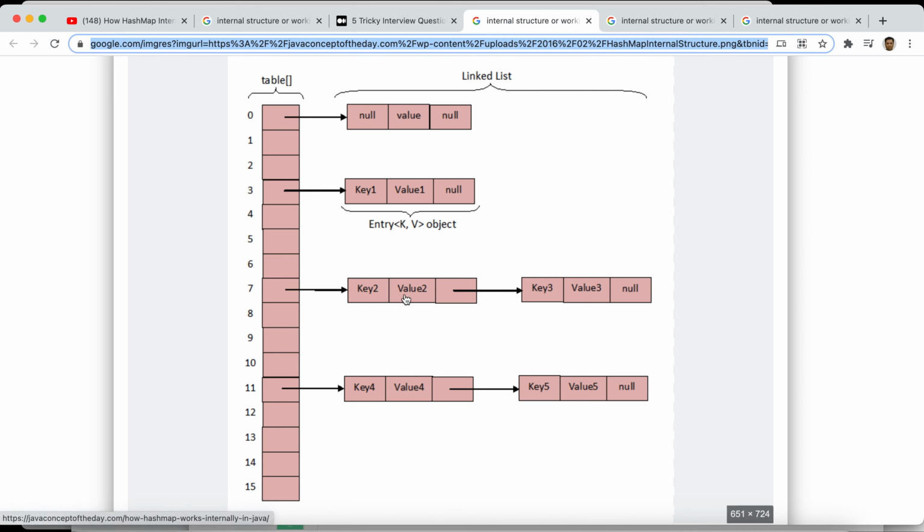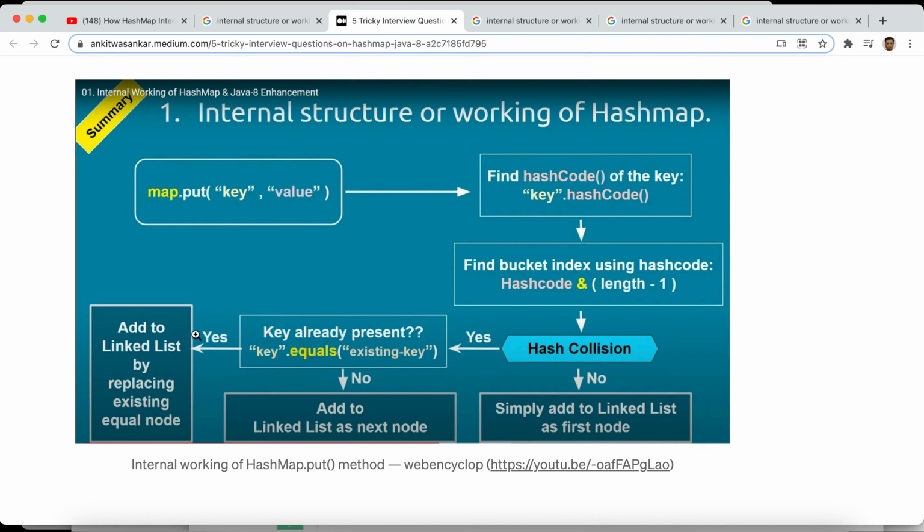What will happen is, assuming there is a hash collision, this whole node will be replaced if the key is the same. However, if the key is not the same, for example if instead of key 2 we use key 3, we compare. If the key is not the same, then we follow this condition.